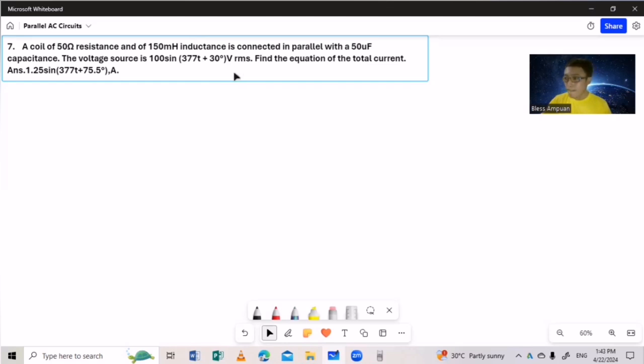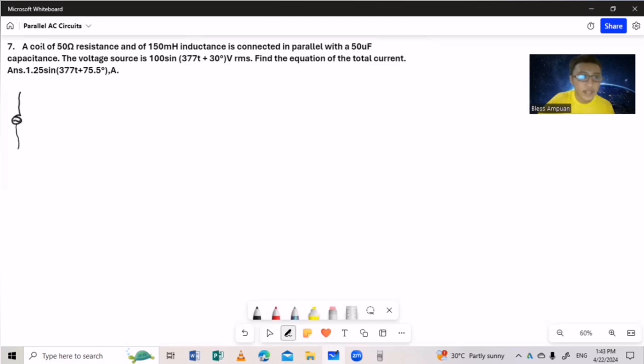So in the problem, we have a coil again. The first step is we need to visualize the circuit. So we have a resistance and we have a coil, an inductance, sorry, and this is a capacitance. So if we transform this into an impedance,